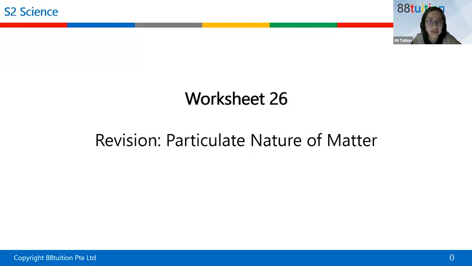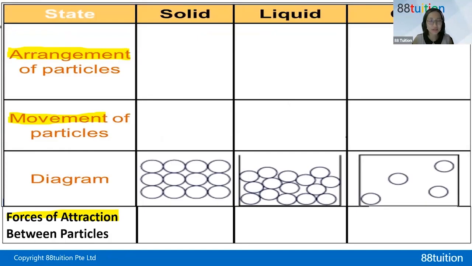Okay, this is a revision. Now I'm going to test everyone. I have it typed out nicely, but I really need everybody to remember the learning points to write. What are the marking points that markers look out for? So let's take a look at arrangement. Can you type into the chat? Those of you who are eating can unmute yourself. What is the arrangement of particles in a solid?